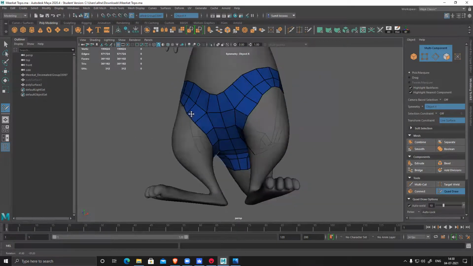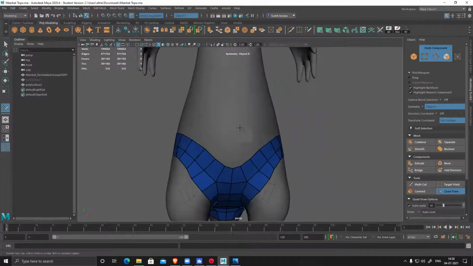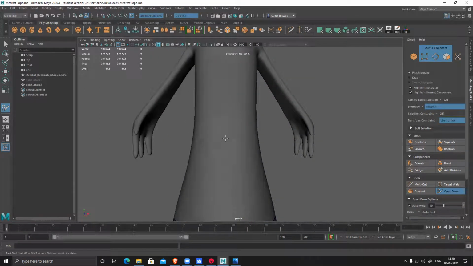Then it will make your life way easier. So first mark all those rings, then the chest and all these things. It should again be a perfect ring tube kind of thing.